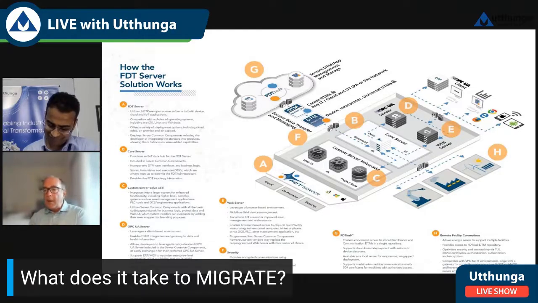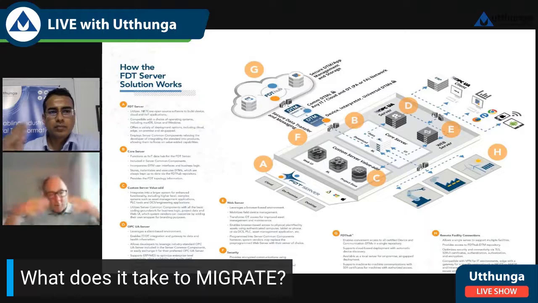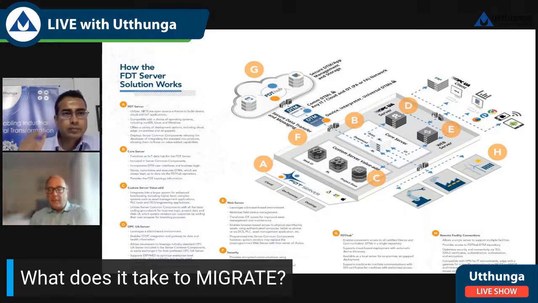That allows people to focus on adding their value and not have to worry about how they adhere to the standard, so it becomes compliant and works with all the others in the FDT ecosystem, if you will. So the toolkits are probably the main thing to start with. And then, as I mentioned, some of the development partners that are involved, just like you guys would, can help out also from a vendor standpoint.